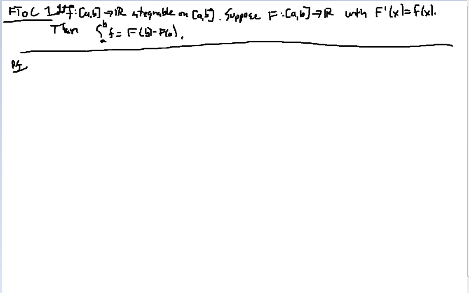Fundamental theorem of calculus, part 1. This is the part that everyone uses all the time in the second half of Calc 1. The integral from a to b is equal to the difference of some antiderivative. And so the way we're going to prove this is, let P be a partition